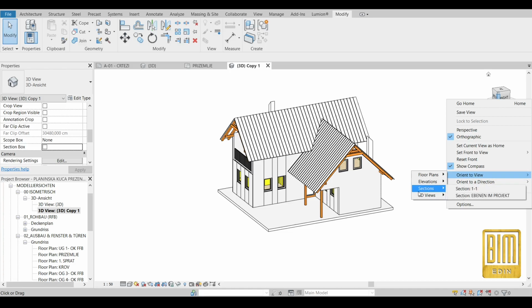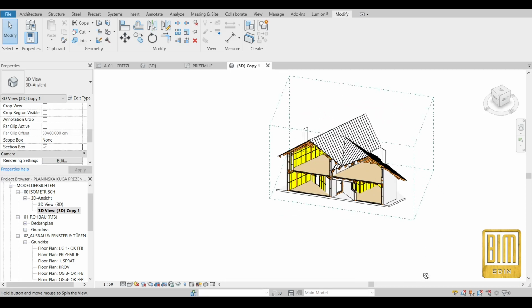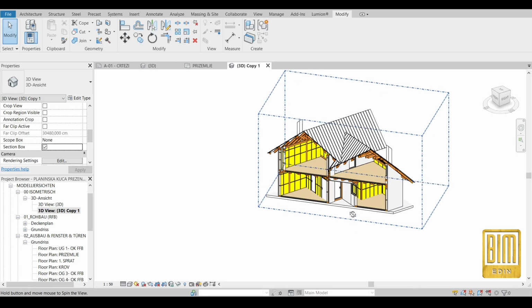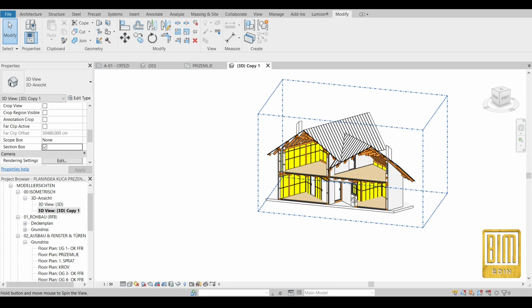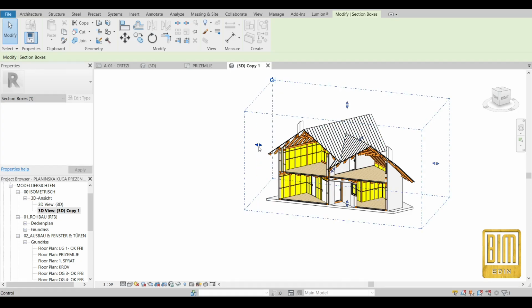We will use Orient to View, then Section. You can see now this is our isometry oriented to the section view we created before. Okay. After this, we will